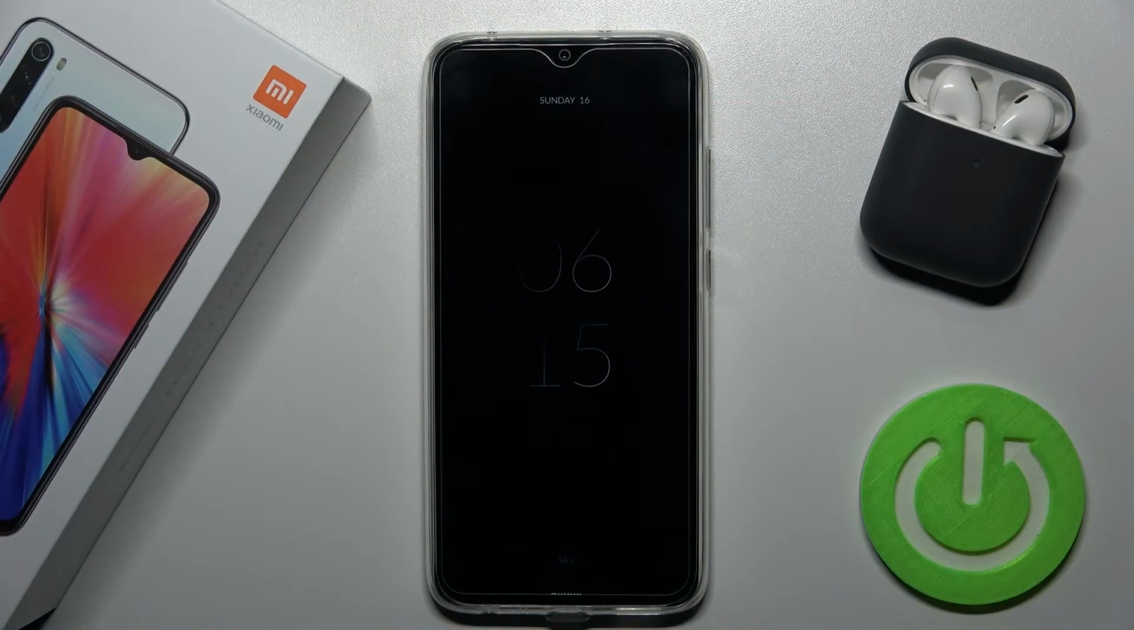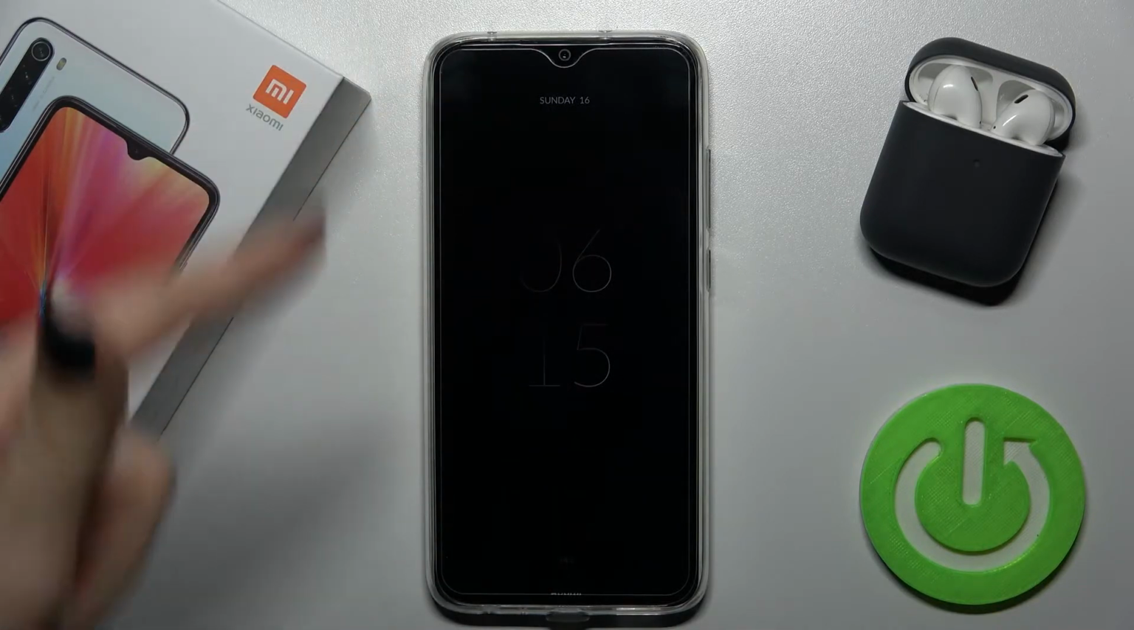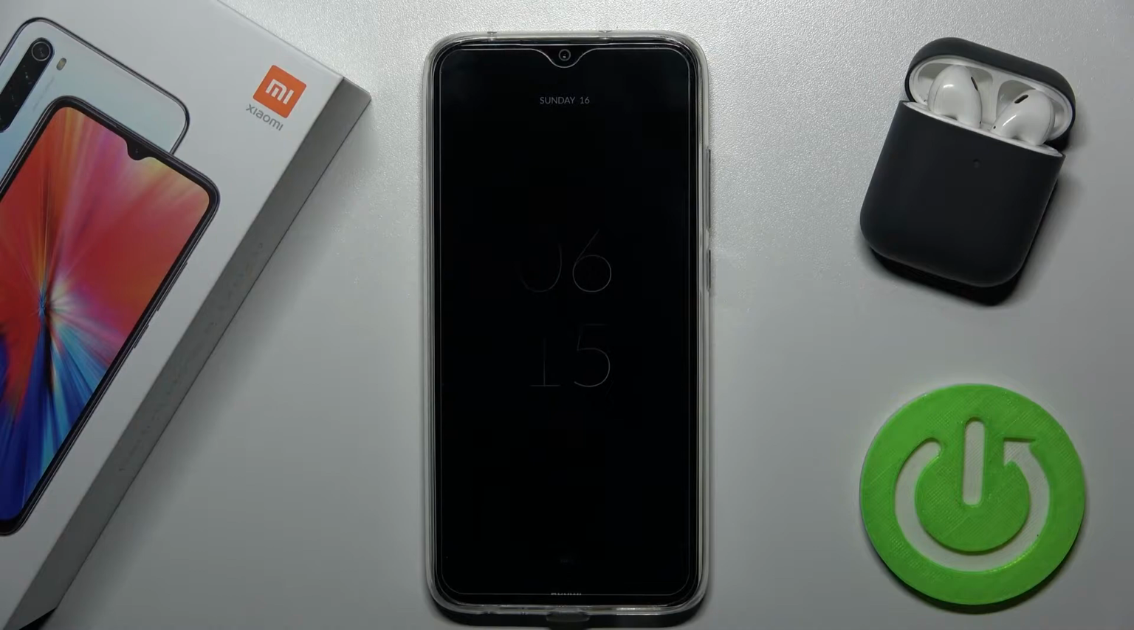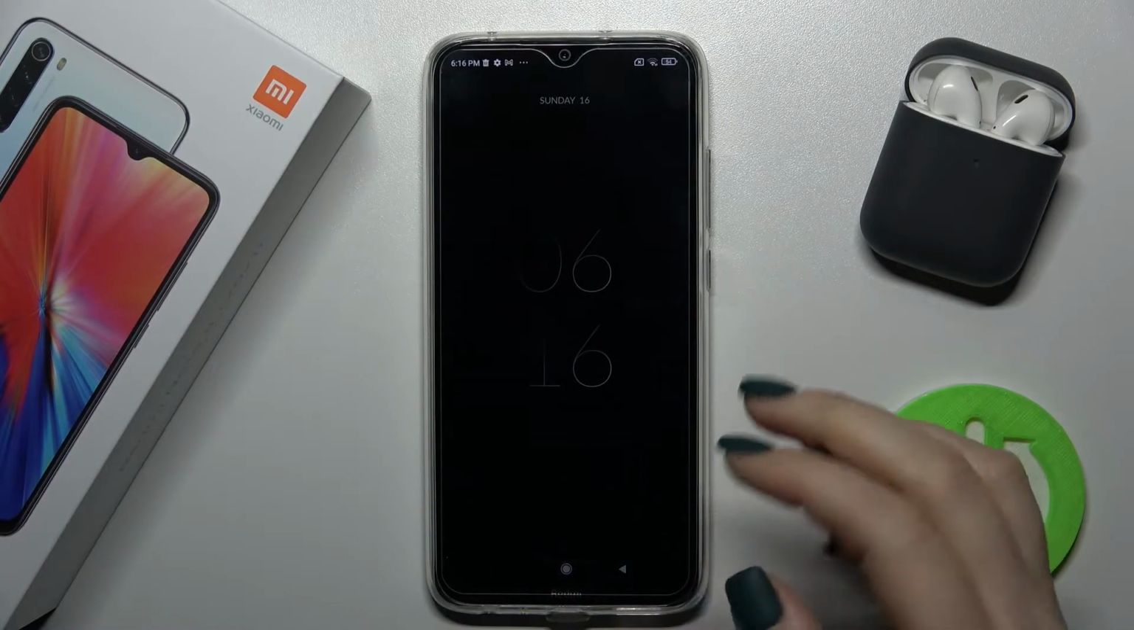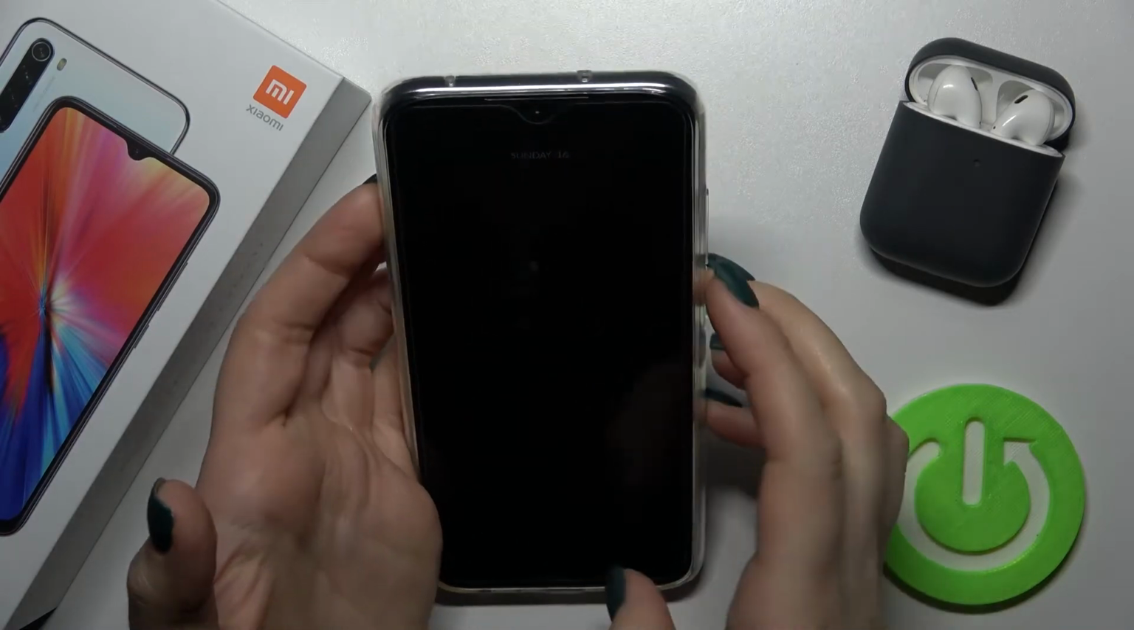Welcome. Today in front of me is the XIAOMI Redmi Note 8 2021, and I'll show you how to customize the always on display feature on this device. So we just should unlock the device. I just got here the face